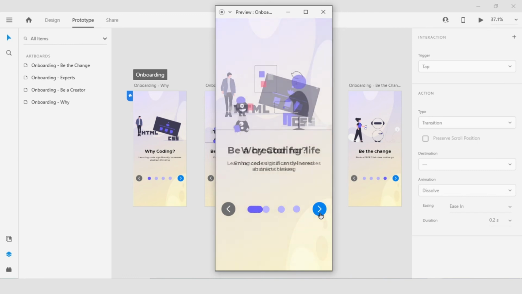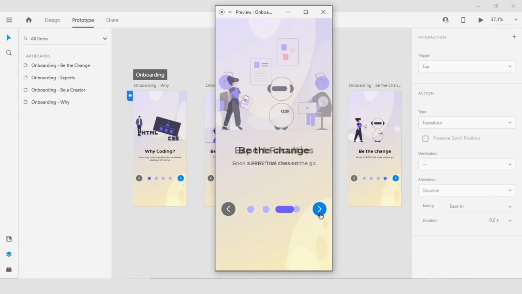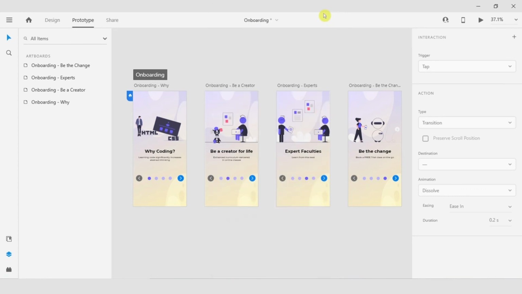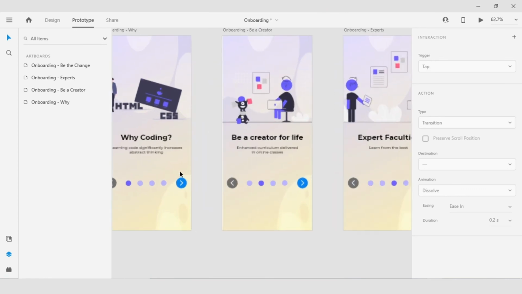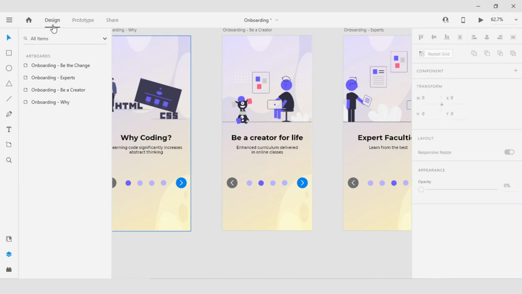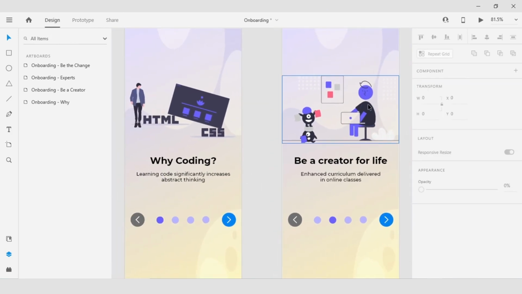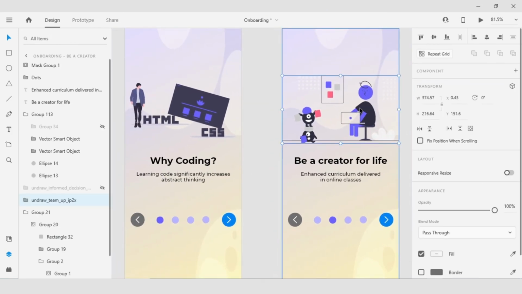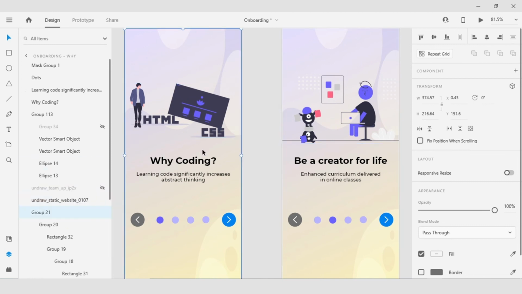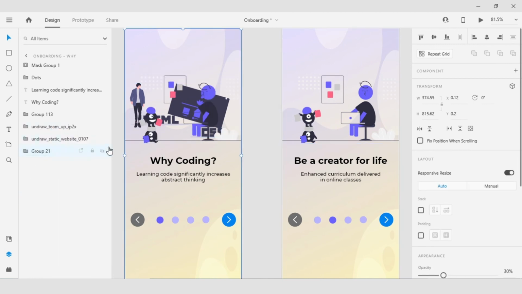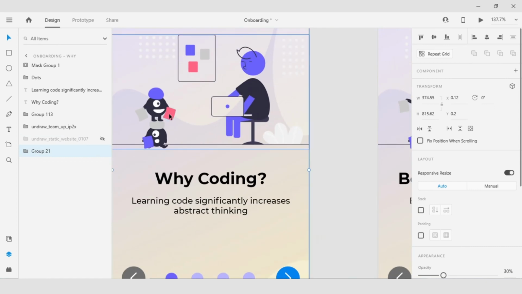One more thing I have done here: you can see that my artboards are a little bit animated. The elements are moving a little bit. For that, I have duplicated the elements on the second artboard to the previous artboard, and I have made changes to the position of the elements. For example, here you can see the hands of the one-eyed characters, their positions are changed.